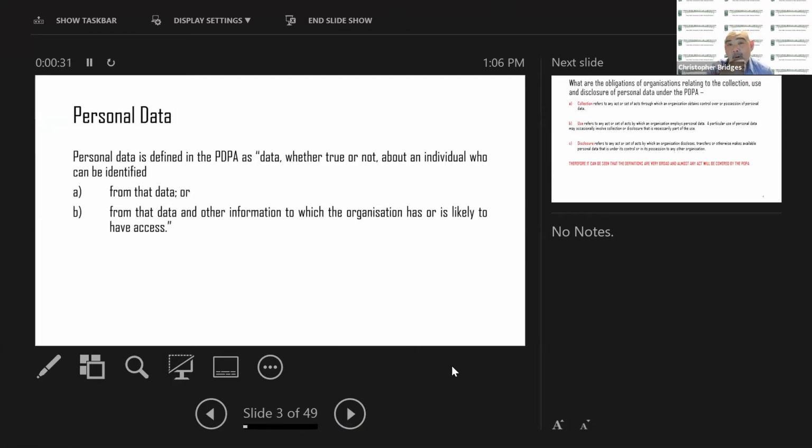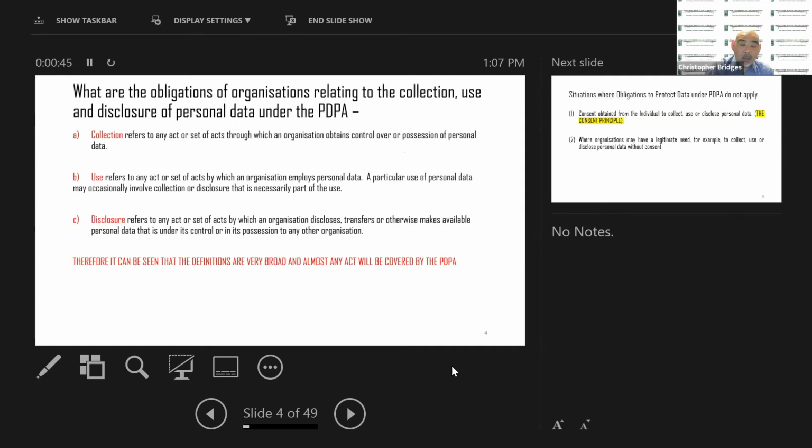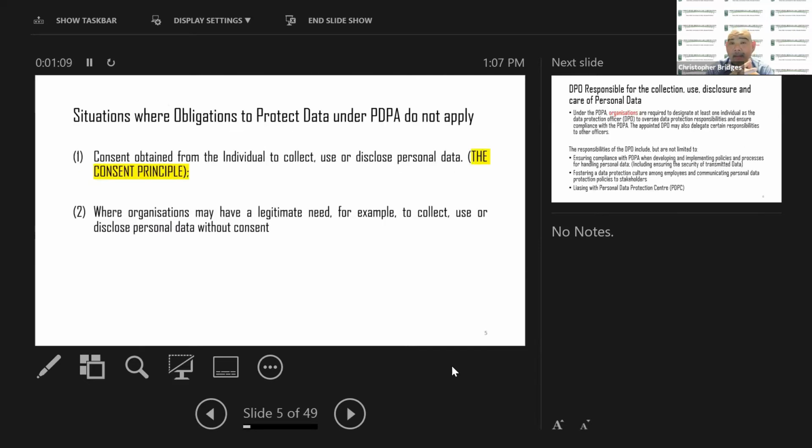So the starting point first is you need to know what type of data is protected by the PDPA. Not all data is covered by the PDPA. And what are the obligations of organizations in relation to collection of such data? Essentially, organizations that collect, use, or disclose any data are covered by the obligations imposed by the PDPA. The data that is covered is data that is likely to identify the individual, not all data